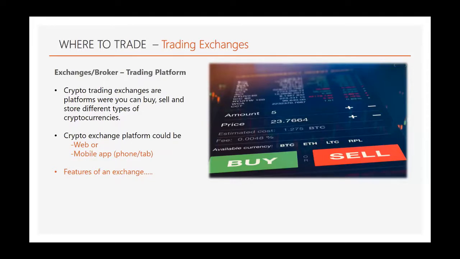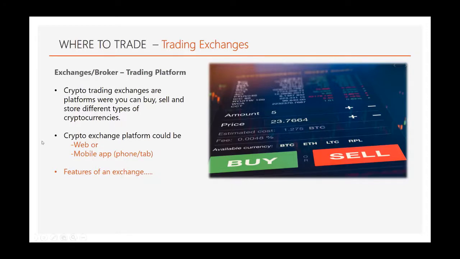So I use Binance. I've used Bittrex when I started. I've opened different exchanges. There are some that I don't even use. Now there are some exchanges that you can run bots on. They have bots. So there are different exchanges that we can use. In this section we're going to see what exchange you need, and how to select the exchange based on what you want to trade and other